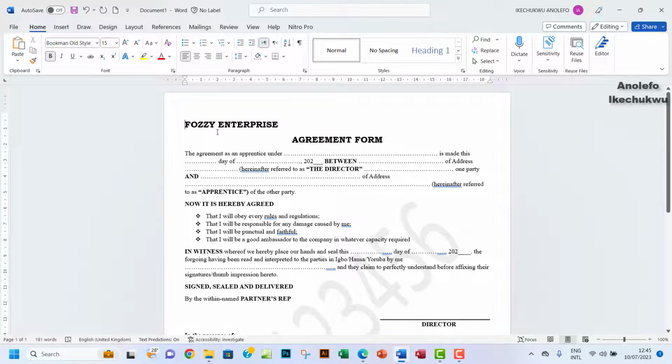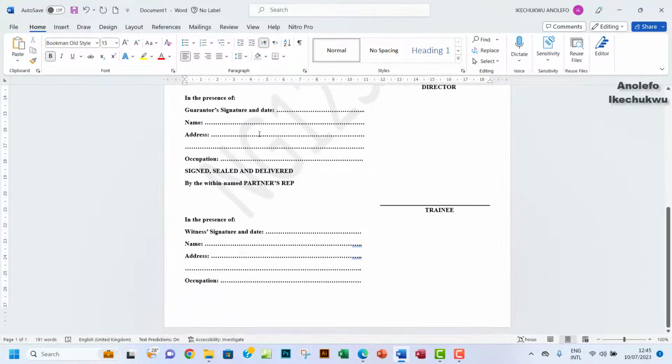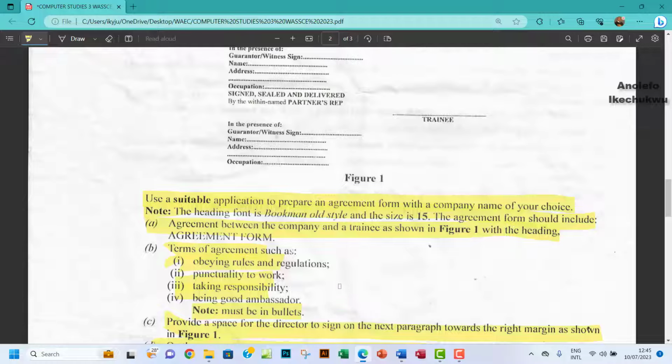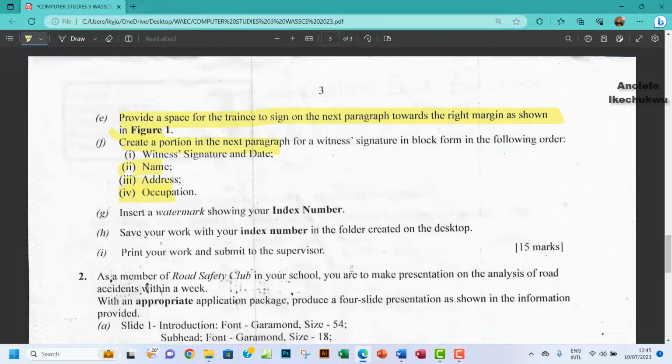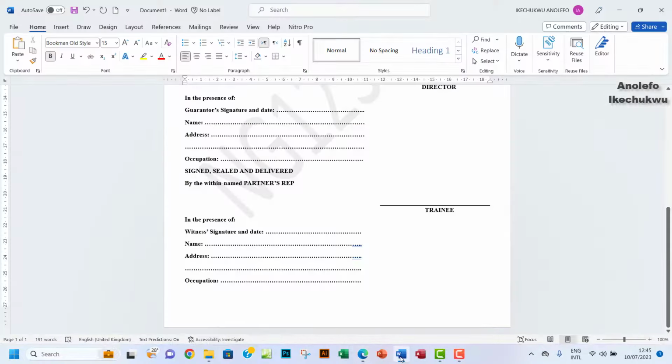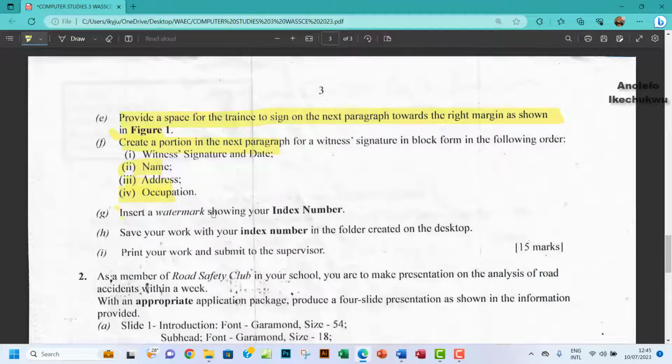So this form will reflect my company name, which is this. So I'm just going to leave the company name like this, right? So that's quite important. So we need to add company of our choice. Sorry, I almost missed that. Okay. So what's the next? Okay, so let me just go down to where we're. Okay, so I think I've added the watermark. So this done, which is G. So H,